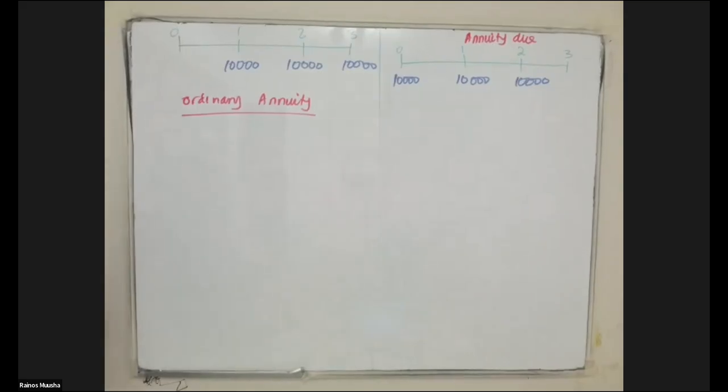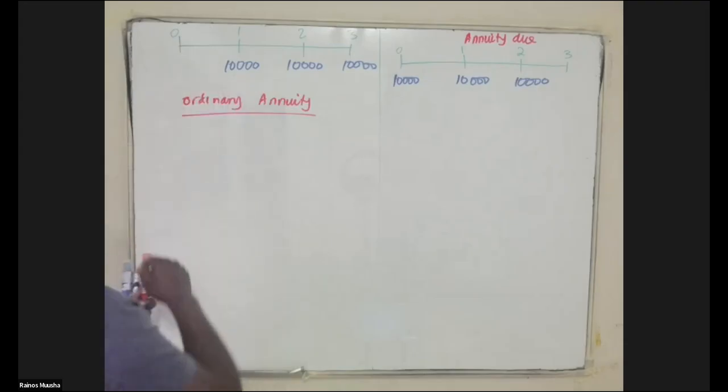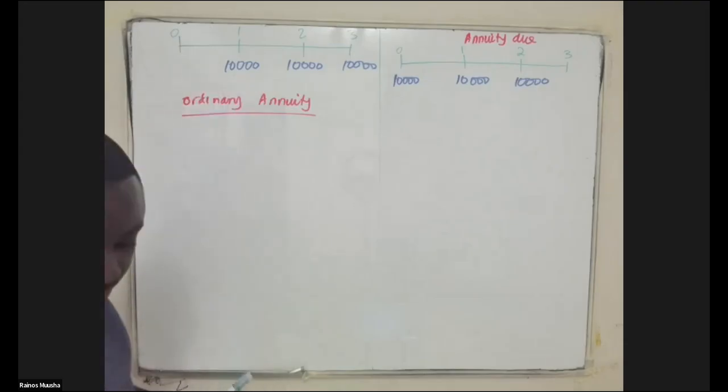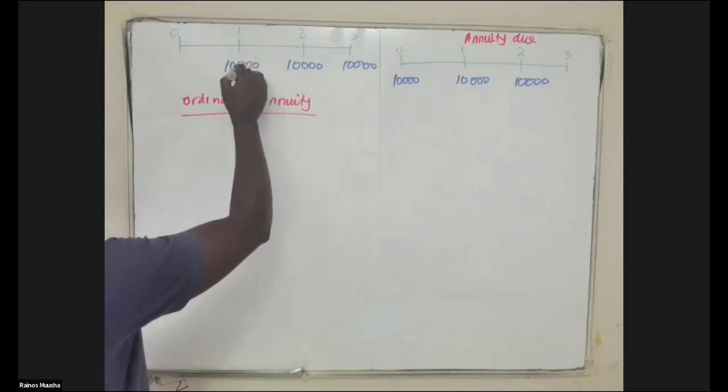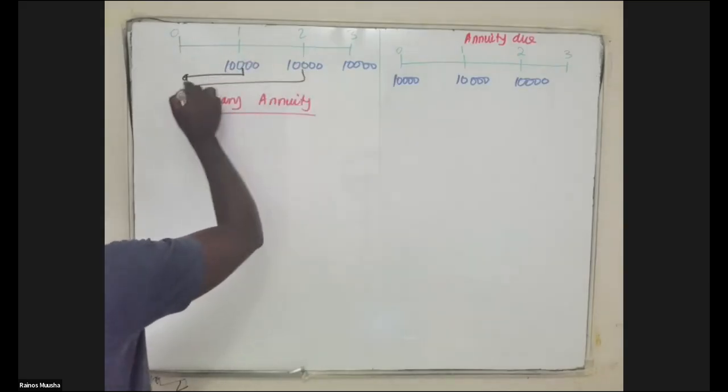There are 2 other types of annuities we're going to look at after this, but I'll discuss them with you just now after we look at these 2 types. The other types are perpetuity and deferred annuities. So with ordinary annuity, you can be asked to find the present value of the ordinary annuity. And if it's the present value of an ordinary annuity, it means you're discounting these cash flows back to year 0.